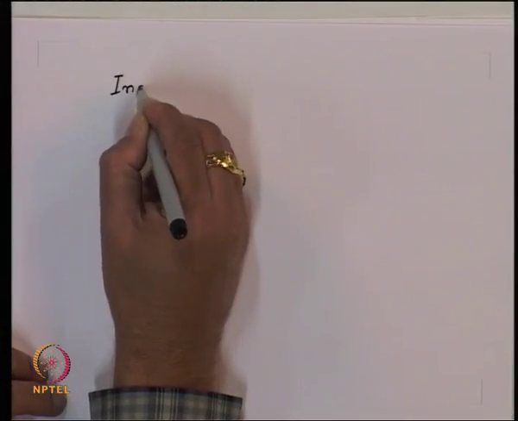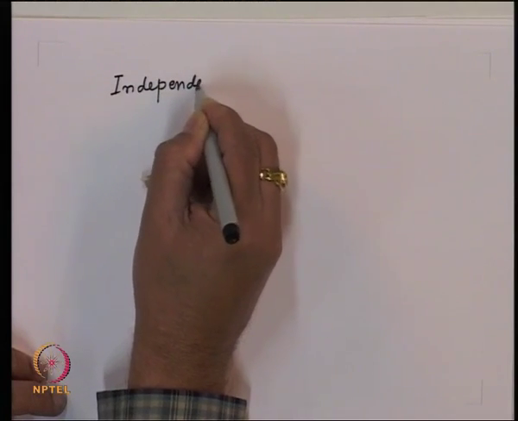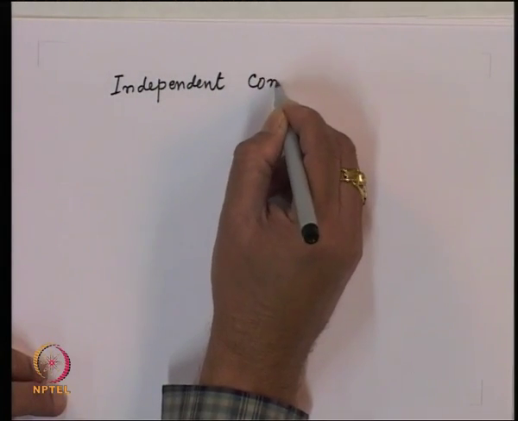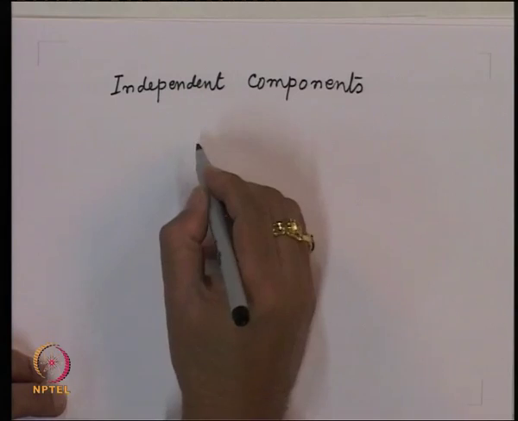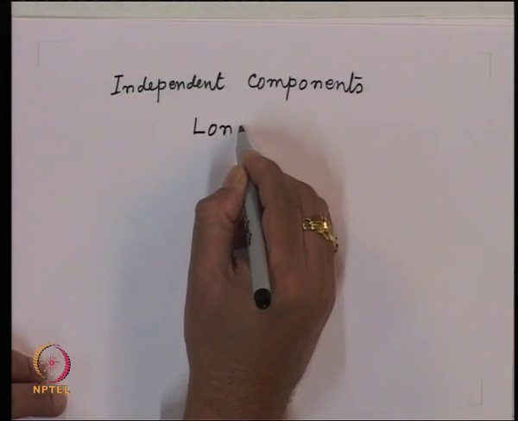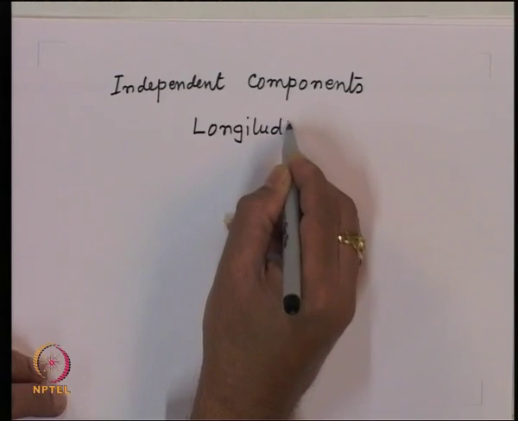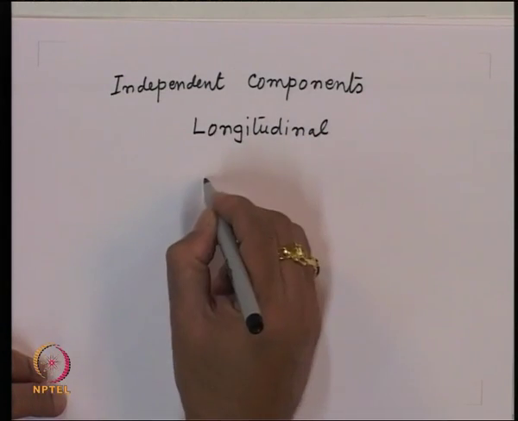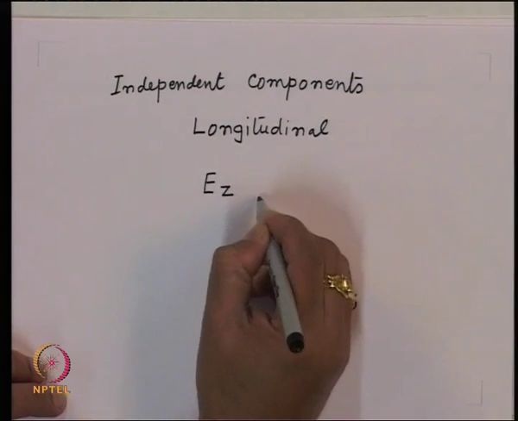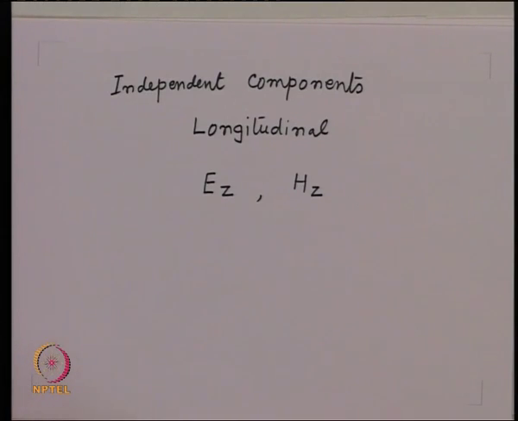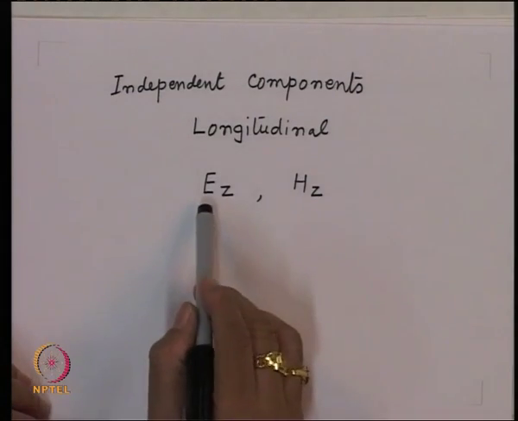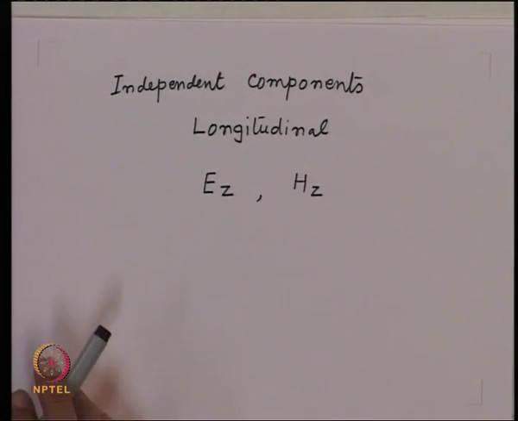So, these independent components which are longitudinal are Ez and Hz. So, we can solve the wave equation essentially for these two components, Ez and Hz, and once you get